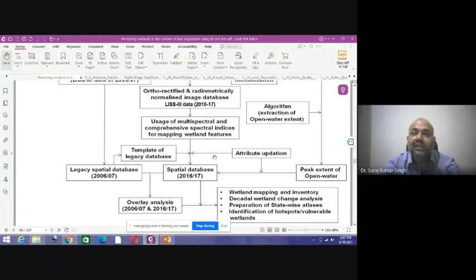that we can have a change detection analysis, whether the volume of wetlands is increasing or decreasing, what is the current scenario and what is going to be in future. So with the help of remote sensing and GIS technology, we can prepare a wetland mapping inventory. Thereafter, we can prepare decadal changes in the wetland category, whether the wetland area is increasing or decreasing.